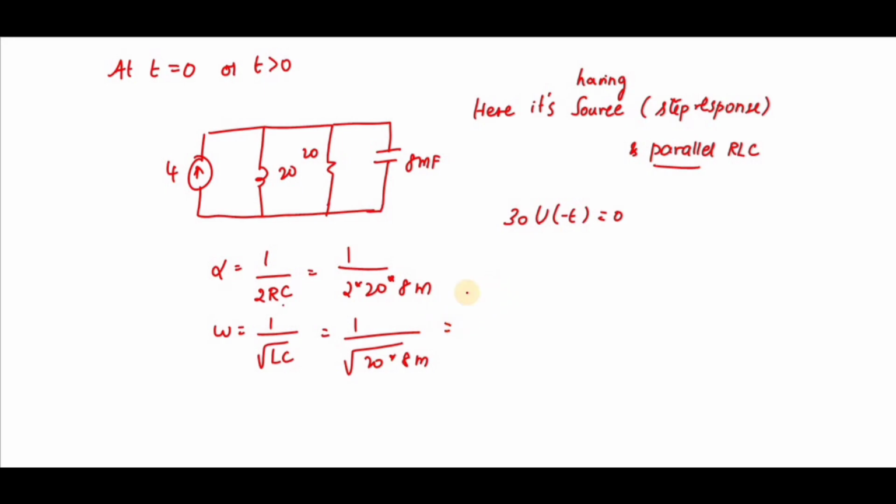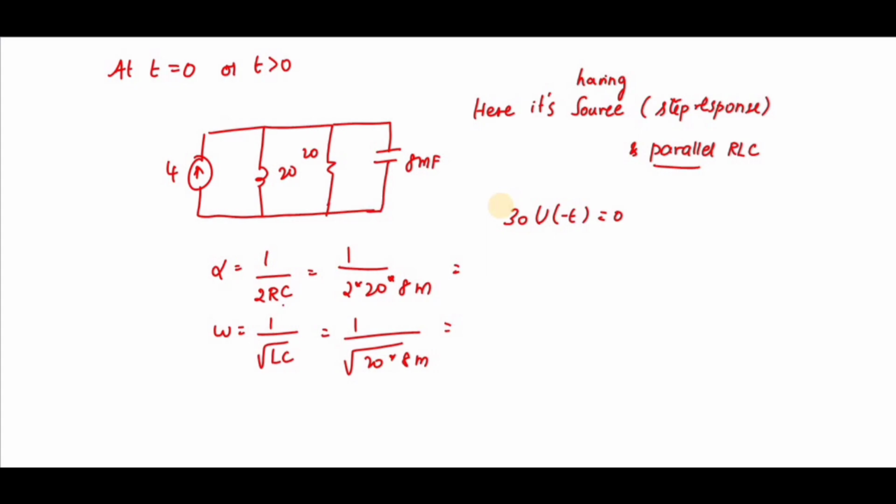Okay. So why is the resistance value 20? You can see I haven't drawn the extra resistor, because 30 u of minus t means that voltage is 0. If voltage is 0, it has to be short circuited. It should not be open circuited. So you can see that the 20 ohm resistance will come in parallel with the capacitance and inductance and